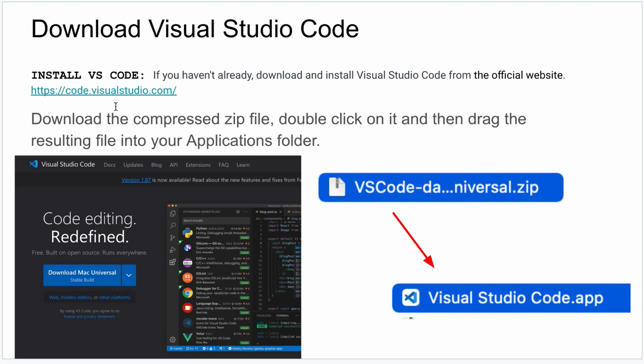I'll provide the link to their website. You're just going to click on the download for the operating system you have. If you're using a Mac, it's going to download this zip file. The download button will look like this, and you just double click on this to decompress it, and you'll have a Visual Studio Code.app file. You can put this in your applications folder if you want, and just open it like you do any other